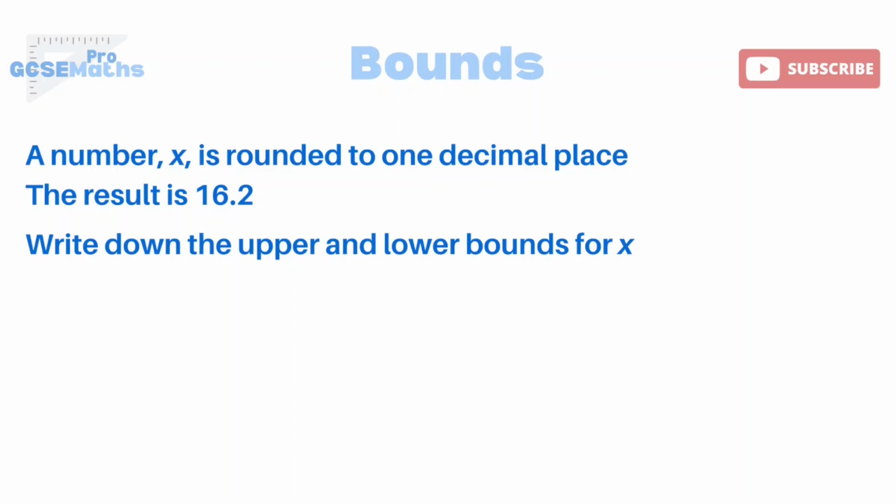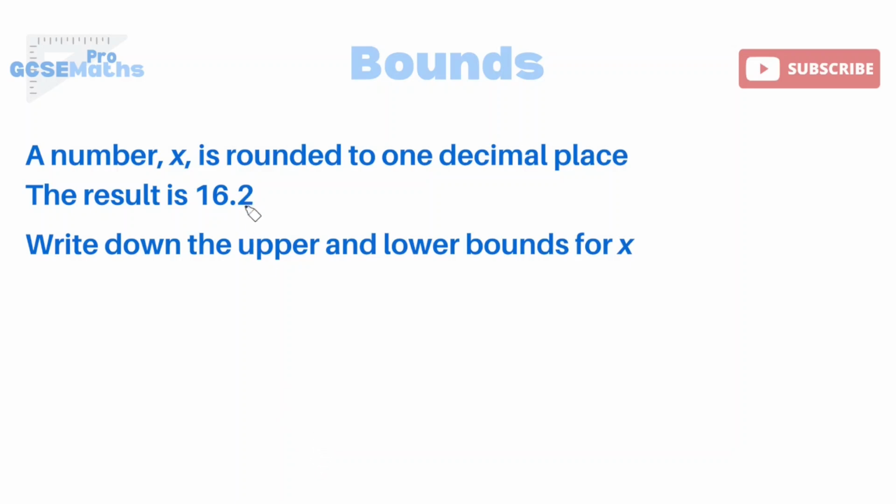So if you have a think about it, we're basically saying, what is the lower limit, or bound, limit is kind of the same idea. What's the lowest possible number that 16.2 could have been originally for you to still round it up to 16.2? Because a lower bound is below, isn't it? So we would have rounded it up. What's the smallest version of this number that it could have been that we would still have had to round